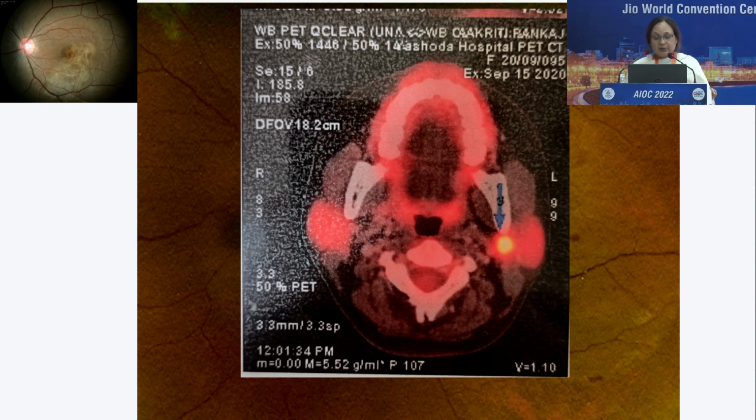She just came up with the history that she had a parotid Warthin's tumor. So when we did the PET scan, there was activity in the parotid gland. We got her slides and reviewed them. It was actually a tuberculosis of the parotid gland. So the moral of the story is, please do not let your pulmonologist bully you by telling you that it's not pulmonary TB, because it won't be. A cohort study has shown that pulmonary TB is not seen in 92% of the patients with ocular TB. That bug, wherever it is sitting, might be producing recurrences, so you have to treat it. Got to treat it.